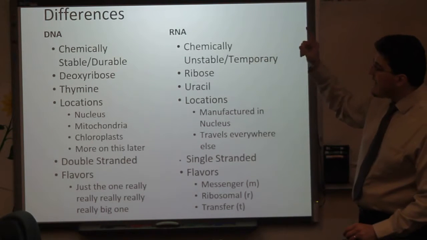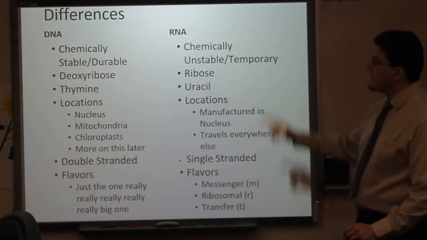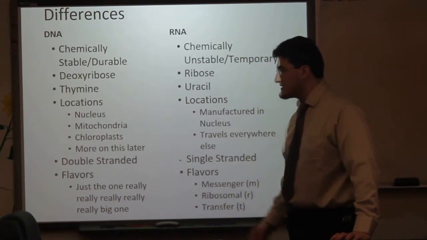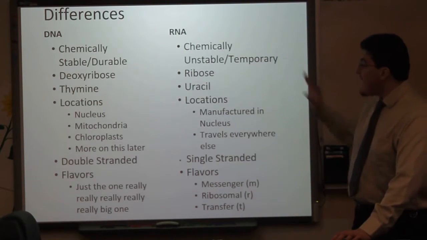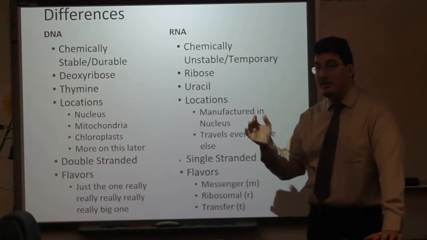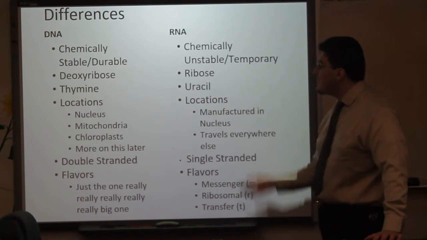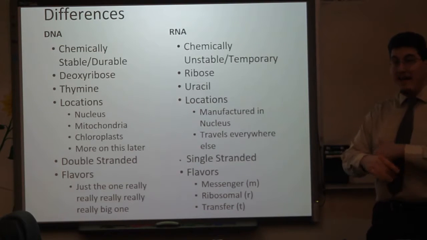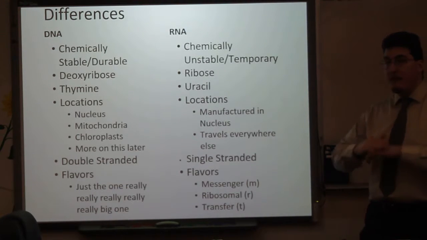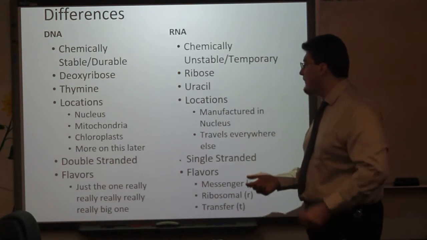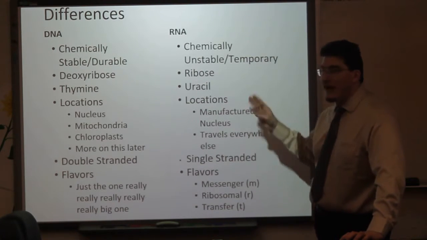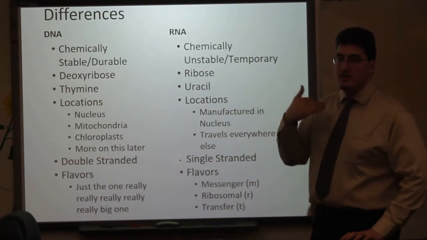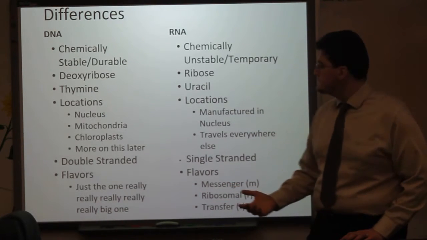Locations. DNA is found in the nucleus, in mitochondria, and in chloroplasts. Whereas RNA is found wherever DNA is found because it is transcribed from DNA, but it is also traveling everywhere else within the cell, into the cytosol. So it's manufactured in the nucleus, but it travels everywhere else within the cell to be translated into protein. Now,